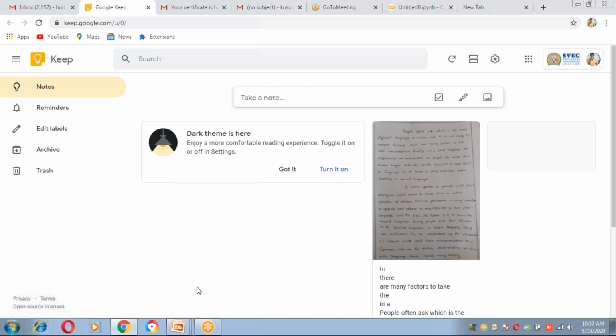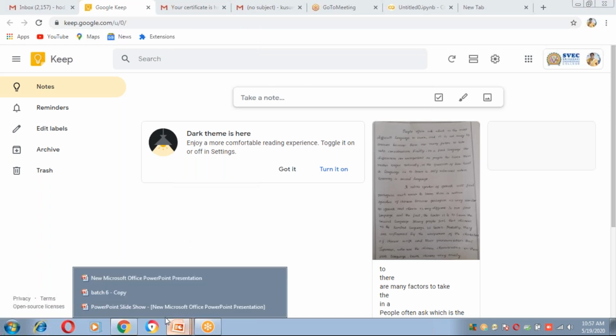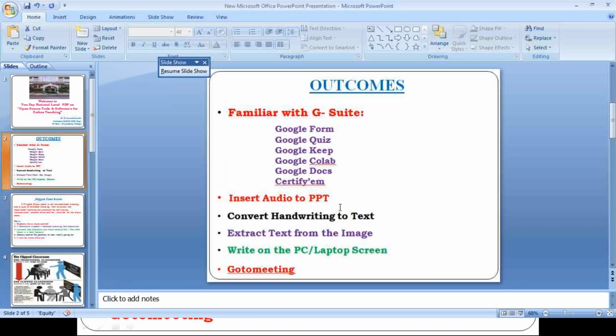This software is mainly used to convert your handwritten document into text, and similarly to extract the text message from an image. That means you can upload your handwritten document, and it can be transferred into editable text, scanned copy to editable text.